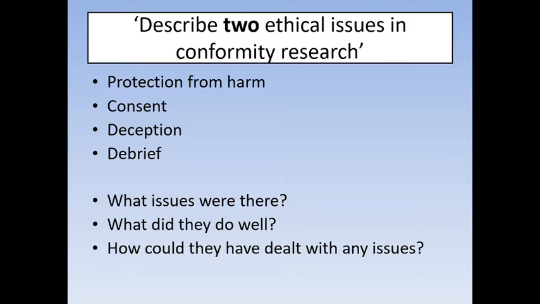That's because they were deceived. So these 2 next issues go together. They were deceived because they were told it was an experiment on vision, and so they couldn't give fully informed consent. And other studies have called that into question, and there was another study that ran it but told them the true aims of the study to start with, and they still got similar conformity rates. So you've got to question, why did Asch really need to do that? Was it really necessary? And I'm sure Asch would have argued that if he told people that was what he was looking at, he wouldn't get their natural response. That would have been his comeback to that criticism.